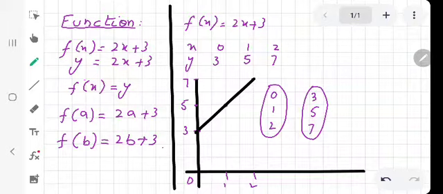So when I substituted 0, I got 3, for 1 I got 5, and for 2 I got 7. So the first shape from where the values of x are arising is called domain. So the values of x are called domain,